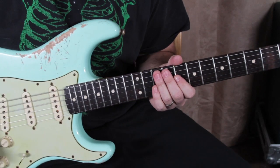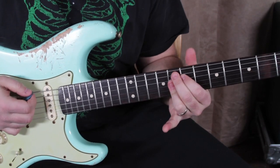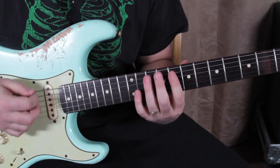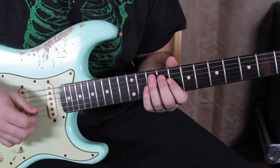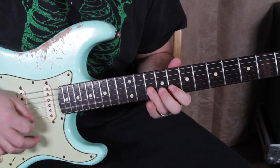What's cool is when it goes to the 4 chord, that's an F9 chord, you can play the C minor pentatonic for that whole 4 chord. So you can now contrast your 1 chord